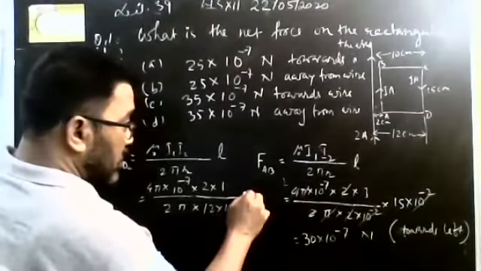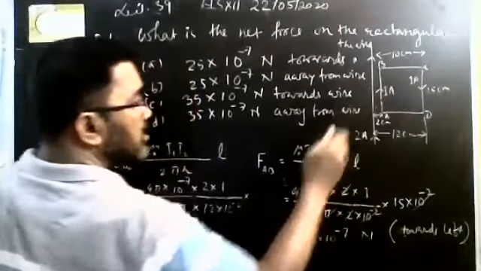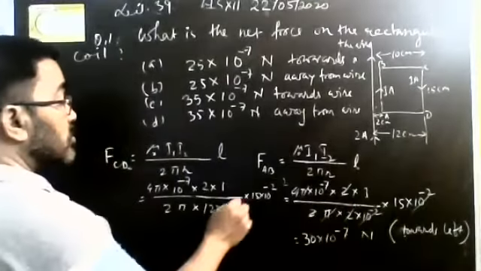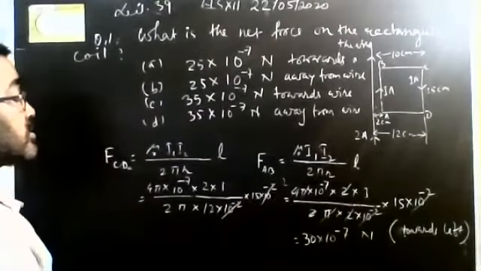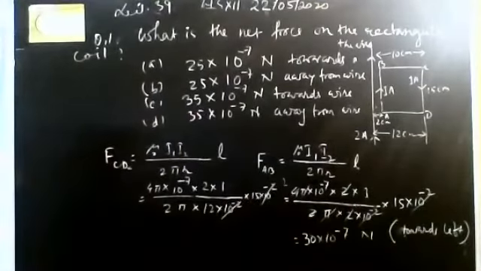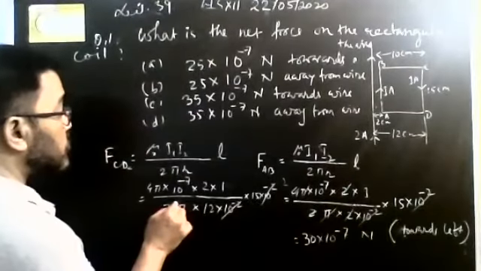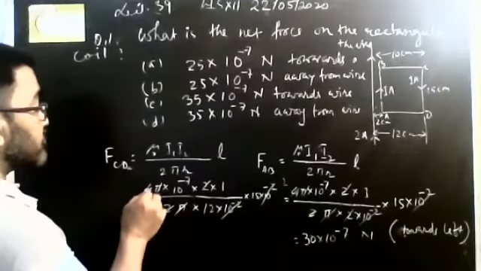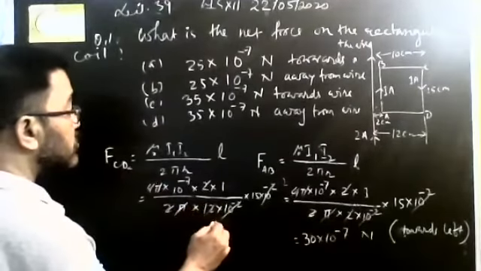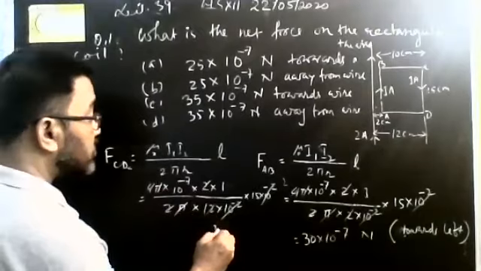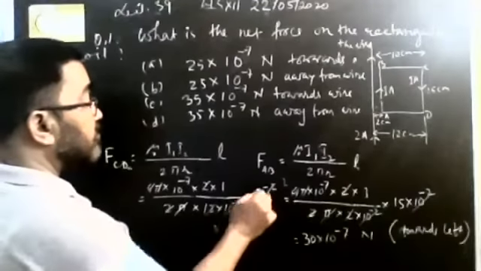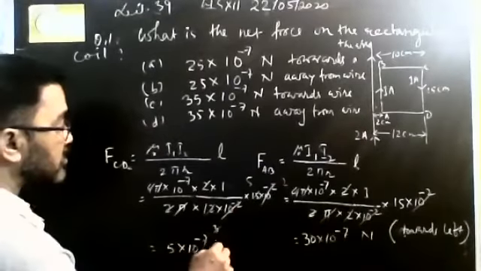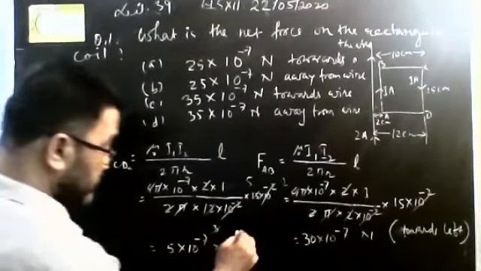So L is what? Again 15 centimeter, 15 into 10 to the power minus 2. So 10 to the power minus 2 and 10 to the power minus 2 cancel, right? 12, 2 pi cancel, pi cancel, 2 cancel, so 4 will come here. It will be 3 again, 15, 5, okay? So finally 5 into 10 to the power minus 7 Newton force towards